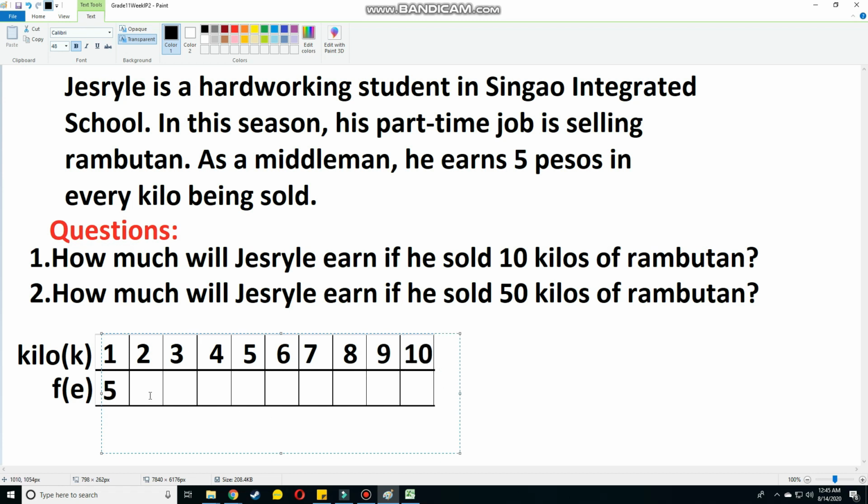Okay, so for example, in every kilo he sold, he earns 5 pesos. So therefore, if he will sell 2 kilos of rambutan, he will earn 10 pesos. Okay, and then for 3 kilos that would be 15 pesos. For 4 kilos that would be 20, 25,